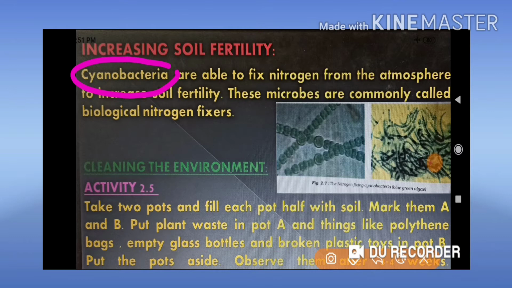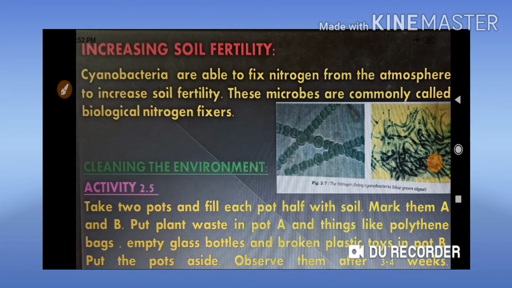So you heard, whenever you learned in the 7th standard, about rhizobium bacteria; there are many reasons, and this is also one kind of reason. Cyanobacteria are very useful bacteria that are placed on the roots of the plants. The plant's roots attract those bacteria to settle on the roots. So there is a symbiotic relation between the cyanobacteria and the plant.